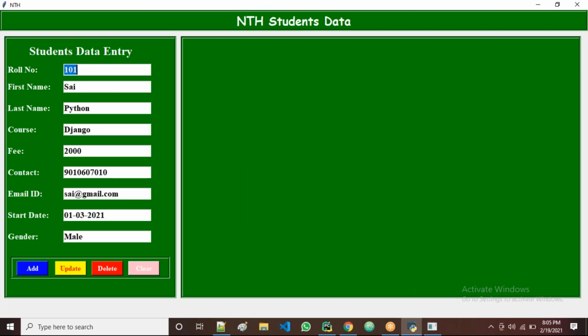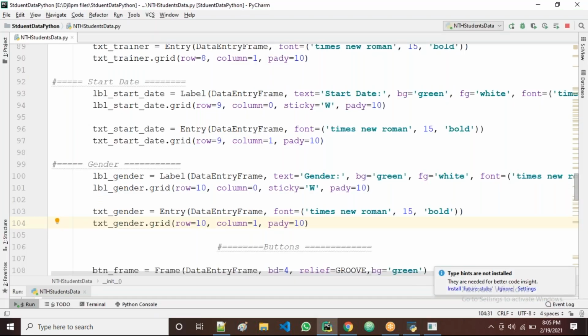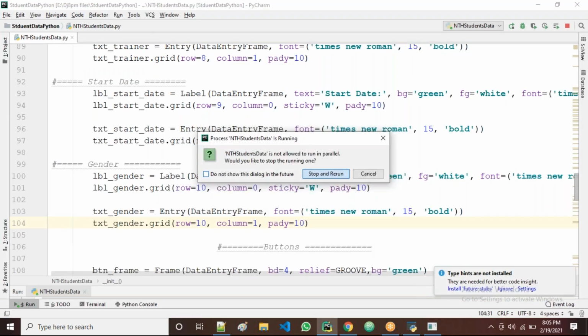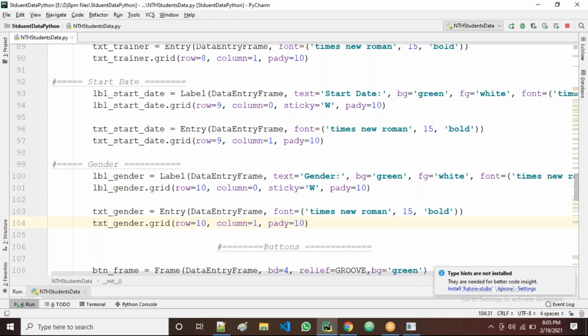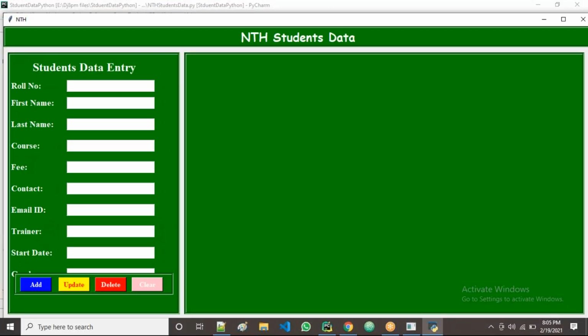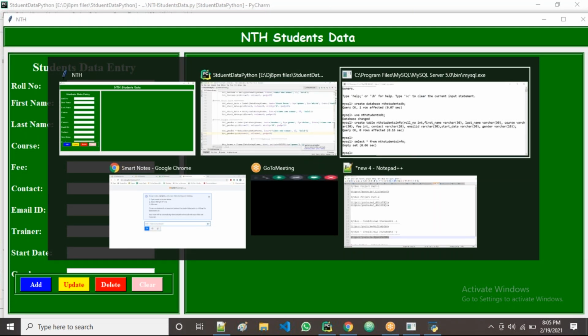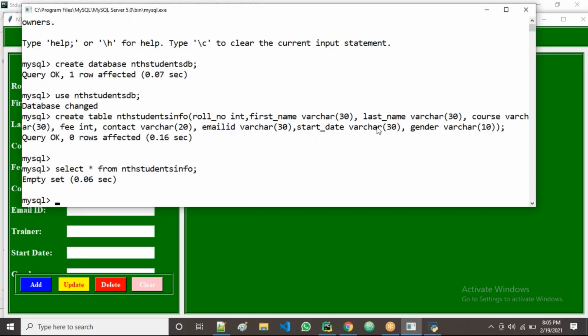Oh guys, then we have to adjust again, I think. I think in the database table we did not take the trainer name, right?